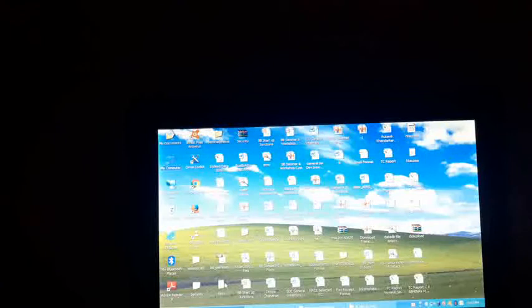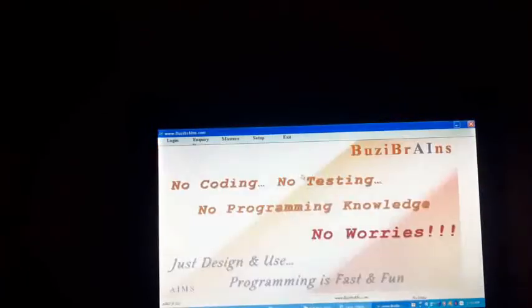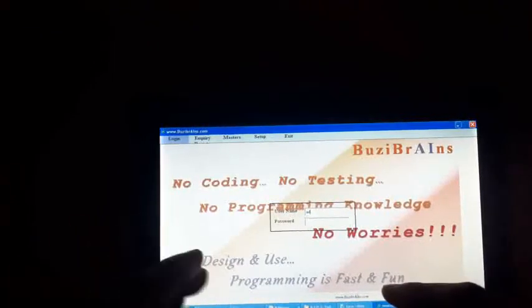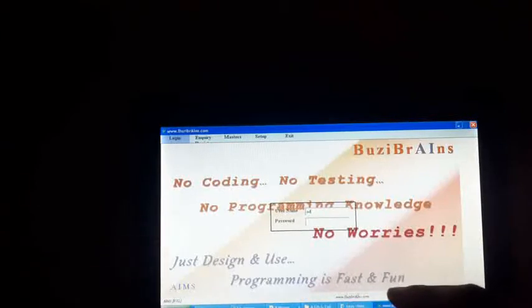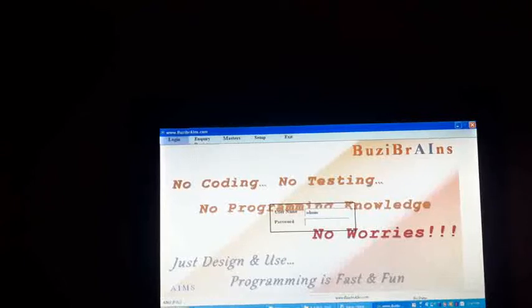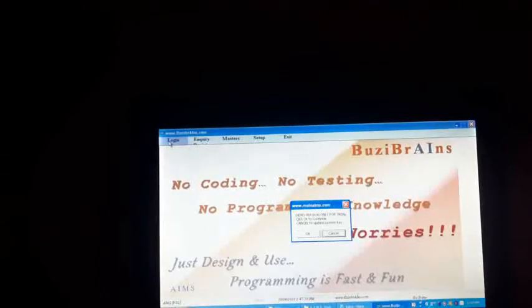I'll open the file where I have saved my keys. You would have received one email from our side which has your name along with some digits. So yes, to update the key, I'll click on aims.exe once again, login. Because I had not opened my keys txt file, I have to redo this. So yes, again it has asked me to update the key. Till the time I don't update the key, it will not allow me the programming.